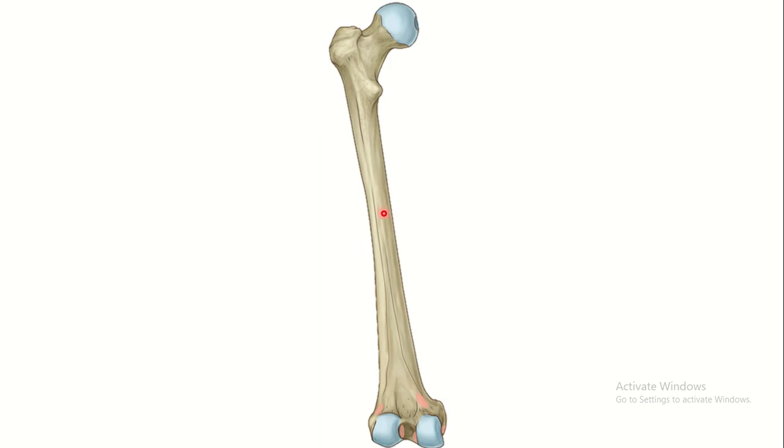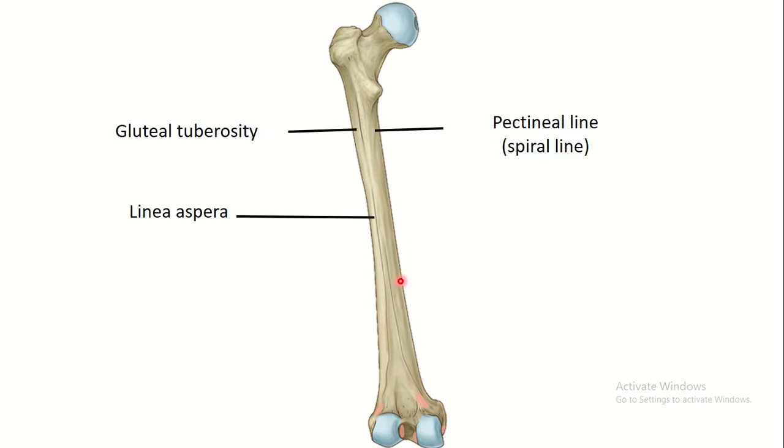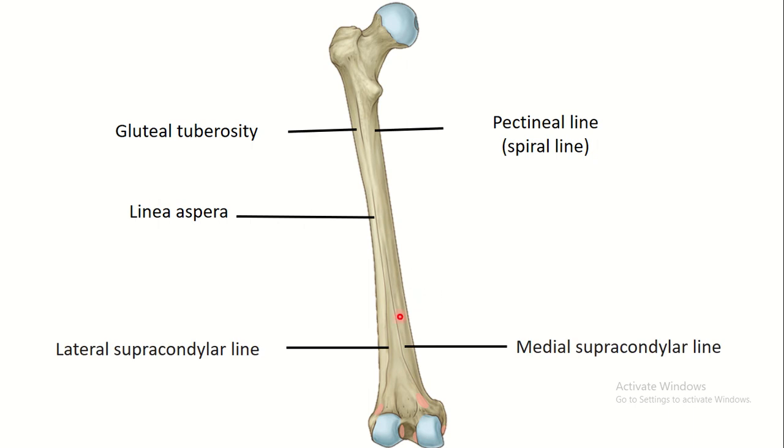Linea aspera can diverge proximally into two lines and distally into two lines. هذه linea aspera proximally diverge into two lines. The medial part called the pectineal line or spiral line, and the lateral one is continuous to the gluteal tuberosity. Inferiorly, it's also diverged into two lines. The medial one is the medial supracondylar line, and the lateral one is the lateral